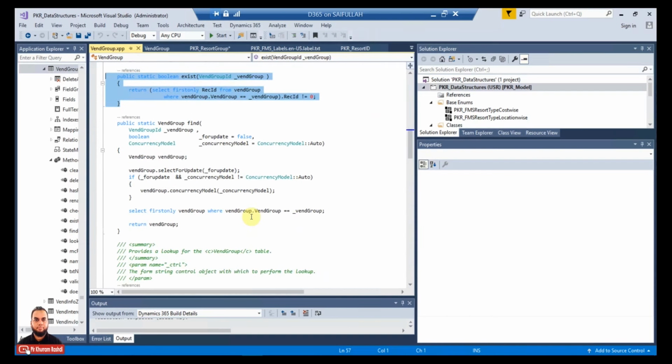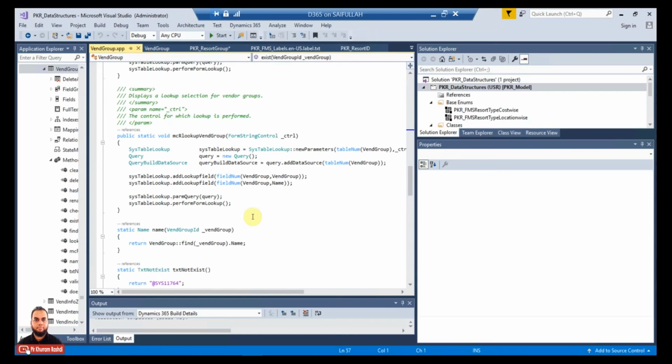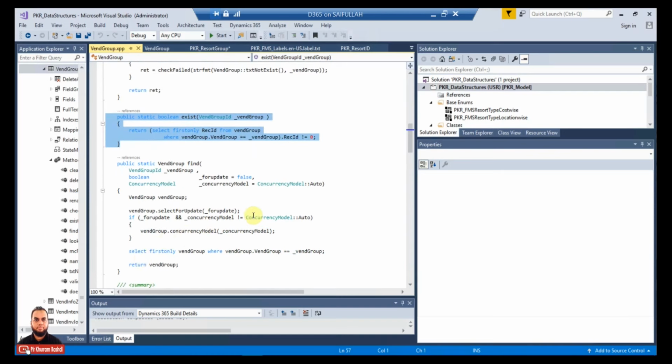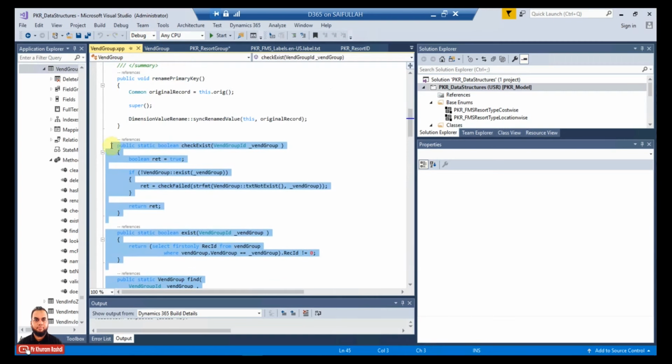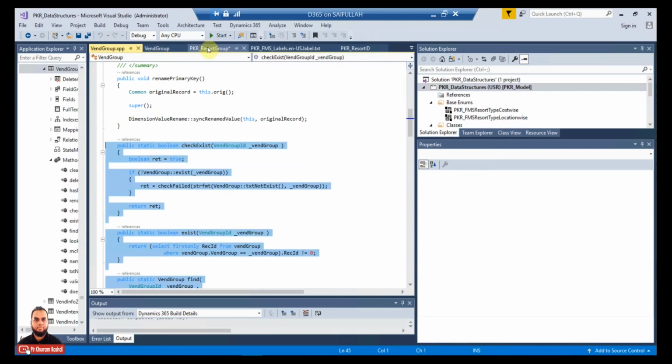So we'll just copy these two methods, and also check exist. Just copy it and go to the